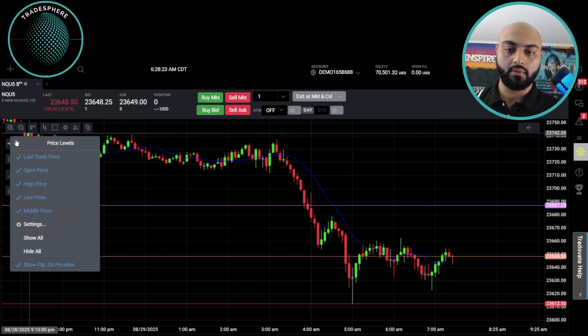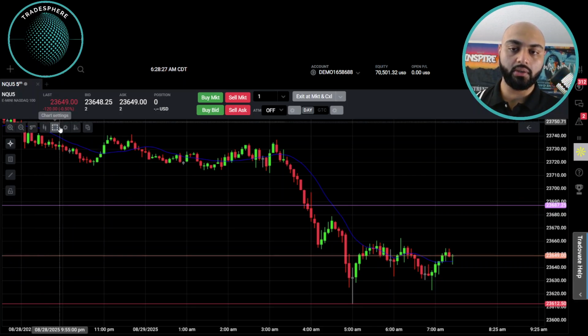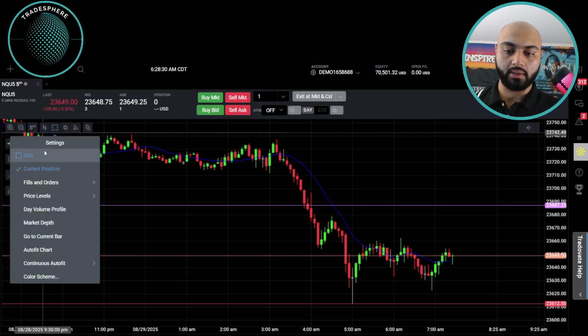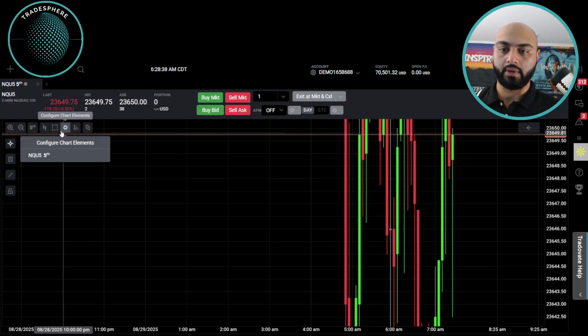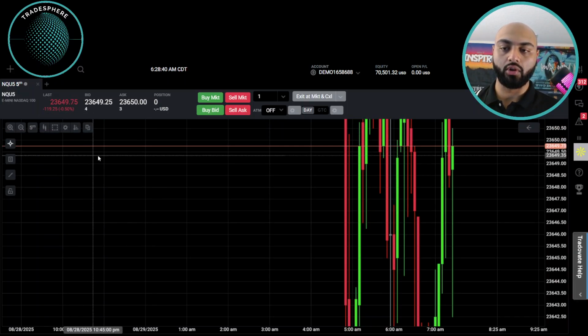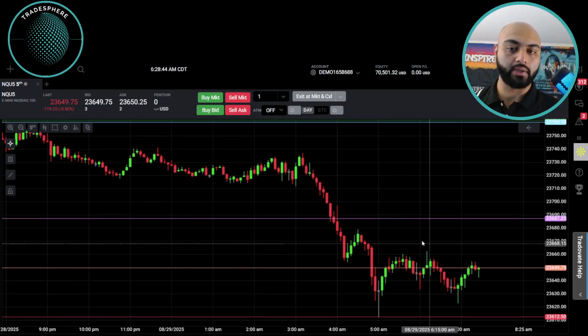And then if I go back here to continuous auto fit, I like to switch this on. And the last thing on this is basically if you want to adjust your color scheme and whatnot, you can change that over here if you need to. Settings on the chart, I typically want to remove all default settings that are on the chart, so it looks just like a blank